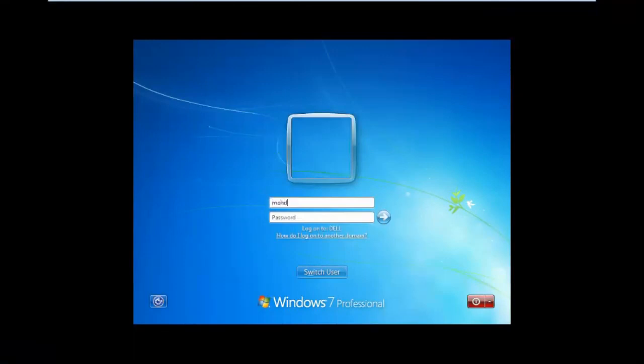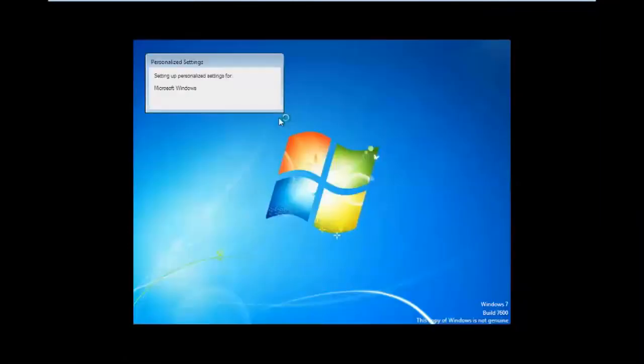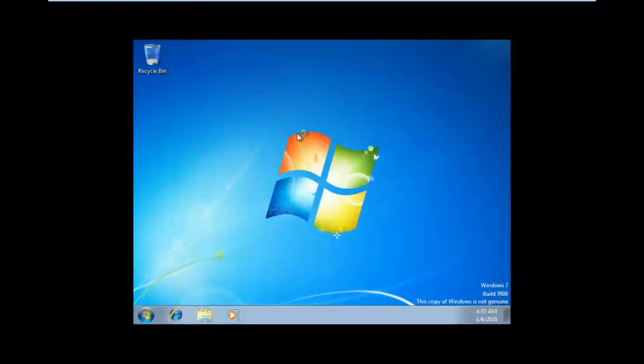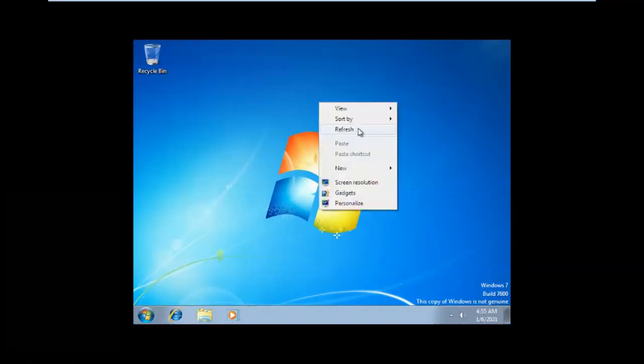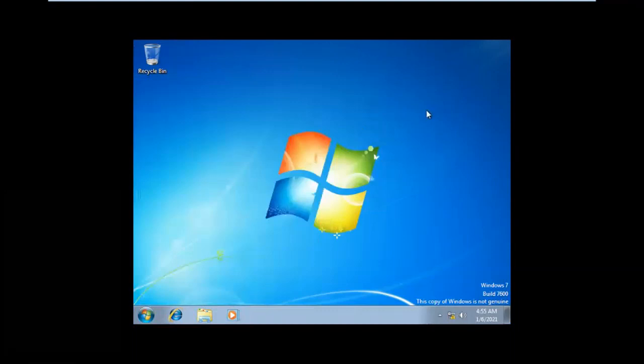The username is Muhammad, with the password SST@123. When I create it, I log on. The username is Muhammad, right? This user. Now open my computer.